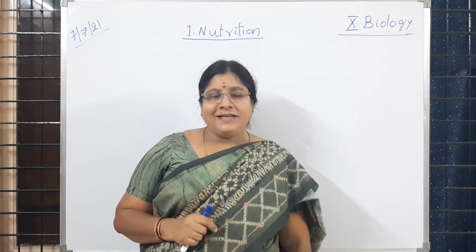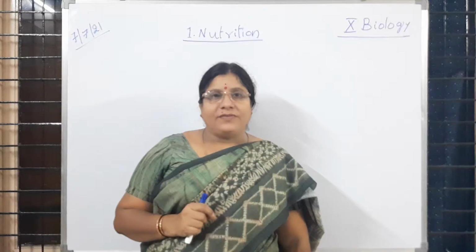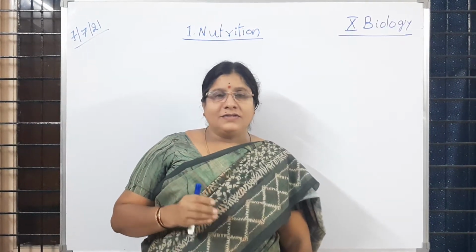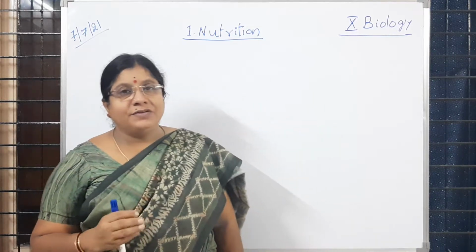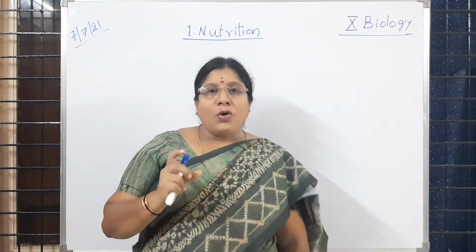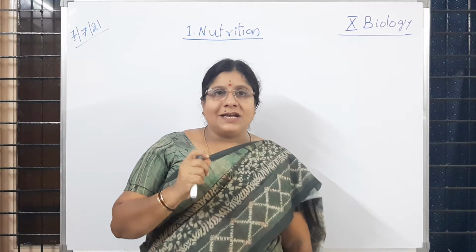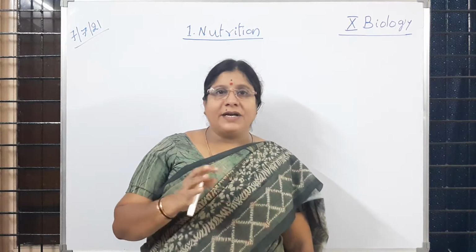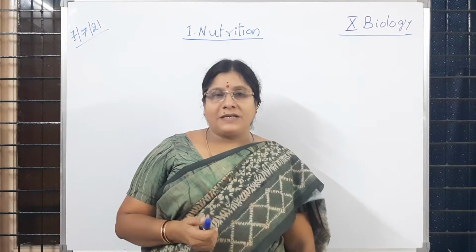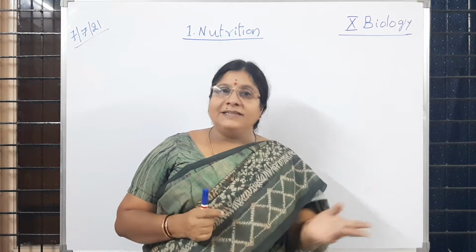Very good morning, children. In yesterday's class, you learned about the anatomy of a leaf, that is the internal structure of a leaf. So, you recall the parts you learned in anatomy of leaf, in that ground tissue. Ground tissue contains a large number of chloroplasts, and different types of ground tissues are present. You learned parenchyma, sclerenchyma, collenchyma in 9th class.